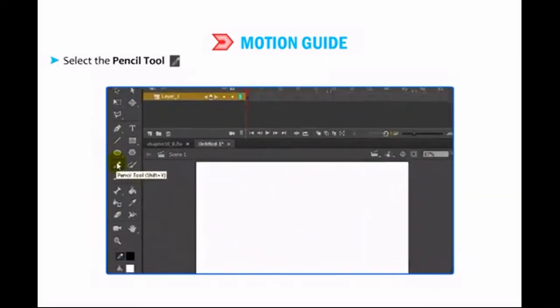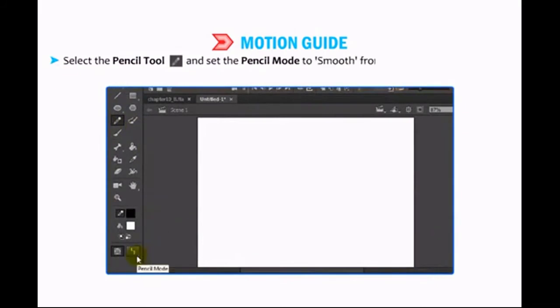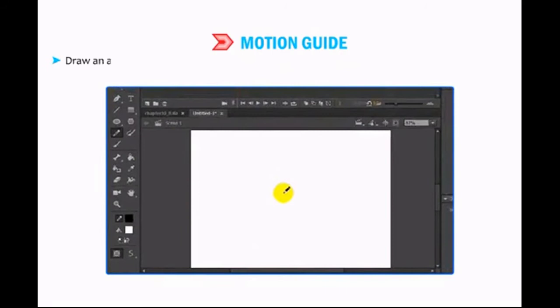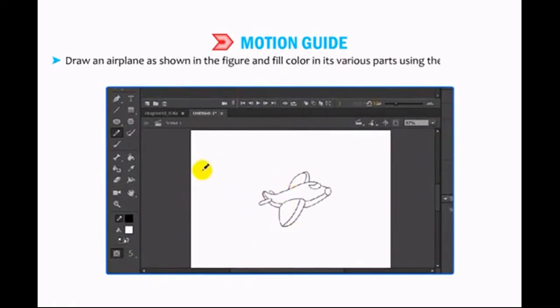Select the pencil tool and set the pencil mode to smooth from the option selection in the Tools panel. Draw an airplane as shown in the figure and fill color in its various parts using the Paint Bucket tool.